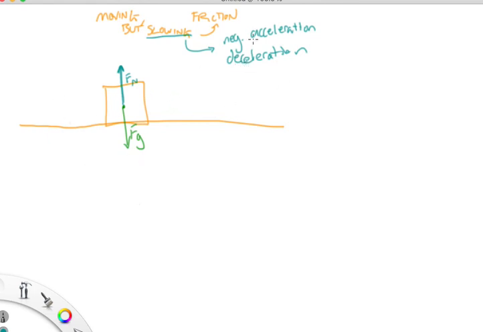So when you have negative acceleration, you should be thinking, yeah, that means there's a force acting against this motion. There's a force going against this motion. If this thing was moving to the right, and there's a force moving